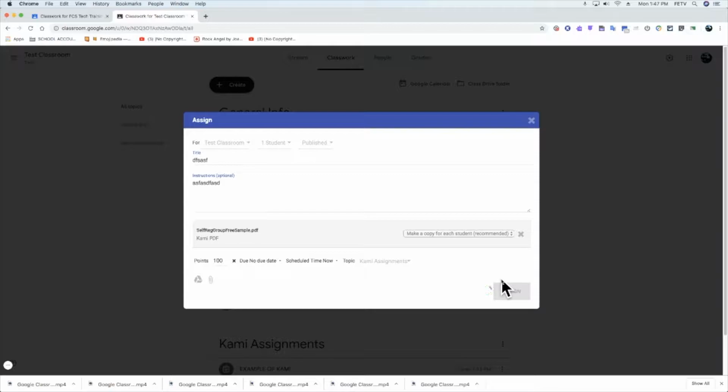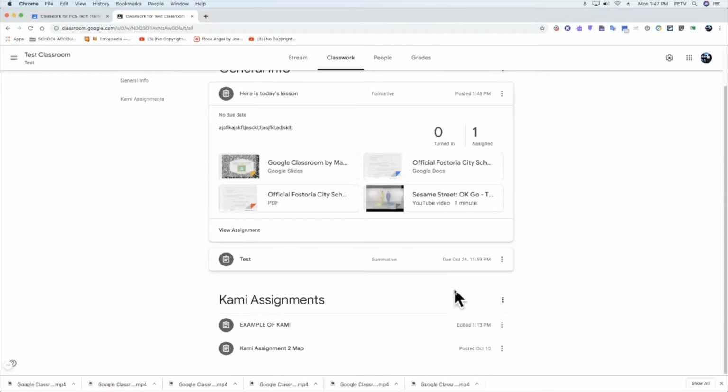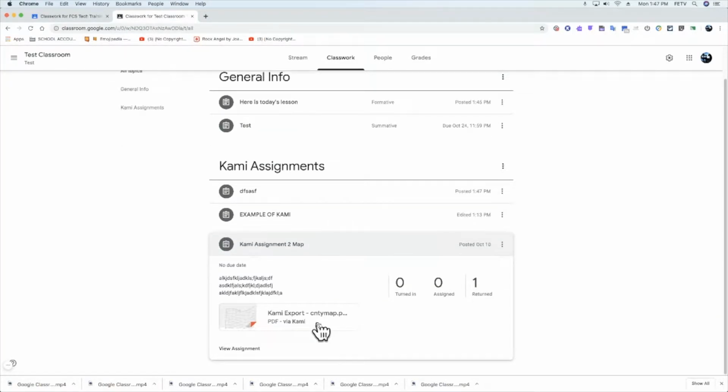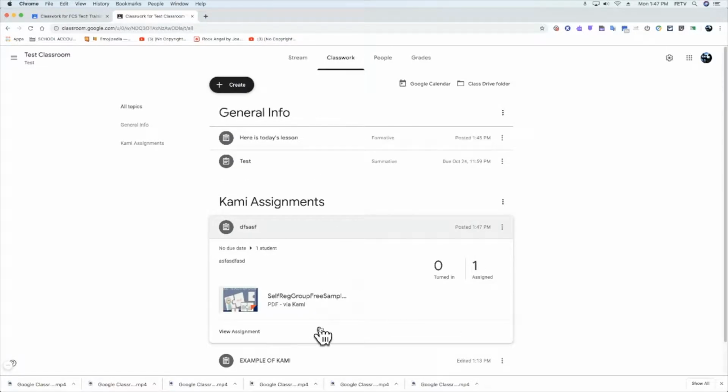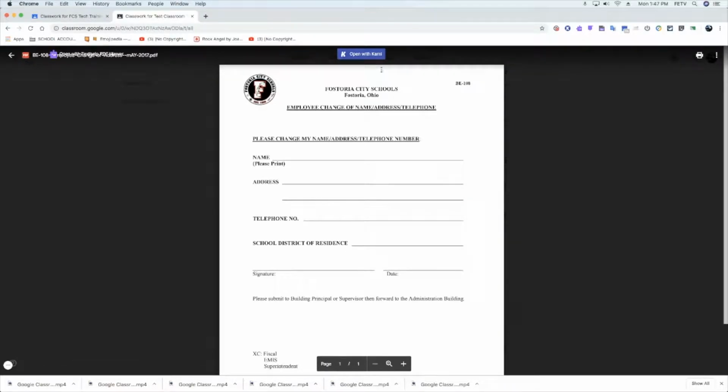What's nice about this Cami option is any of their live annotations or edits, I will also see live with annotation and edit privileges. And I've got an example of that here as soon as it posts so you can see kind of how that works. So I'm going to come down here to Cami in the classroom and I'm going to hit this example of Cami. Now I can open with Cami,